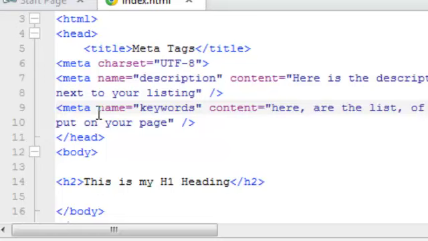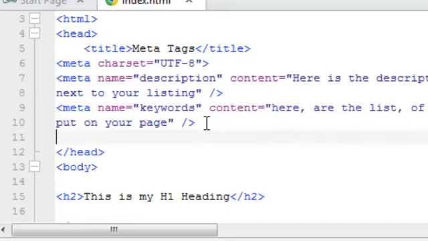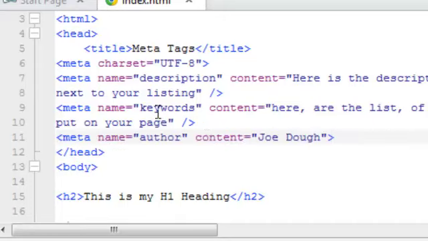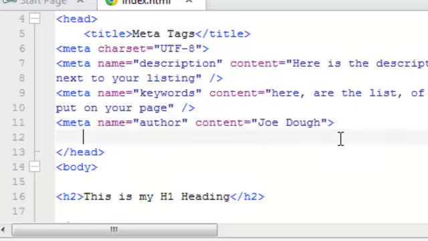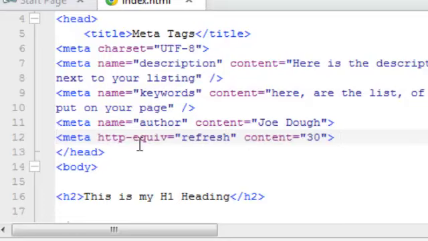Now, since this is on meta tags and not search engine optimization, I'm not going to go into a great deal of description on what keywords are or what the description should be, but just know that you should not go overboard with the amount of keywords you have listed here. Now, another one that I don't use that much, but I have seen that it is a good idea to include, is the author meta tag. And the last one here I do not use because I frankly don't find the need for it, but as I said, some folks say that it works pretty good, and that's the refresh tag, and that's the opening bracket,